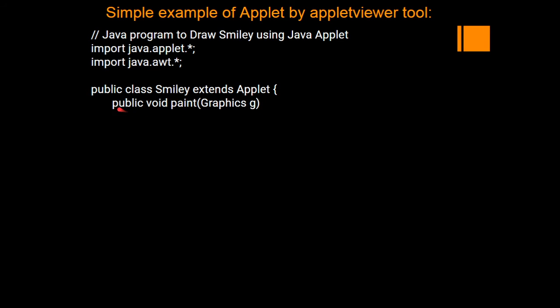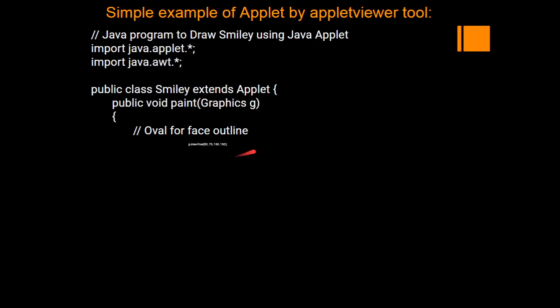And now public void paint(Graphics g). Paint is one of the methods that we have seen in the previous videos. Paint is one of the methods in the applet lifecycle. This does the process of drawing something on the screen. It is using a class called Graphics in order to do the graphics, and we have to create an object called g. You can create any object, a user defined variable, and that is from the class Graphics.